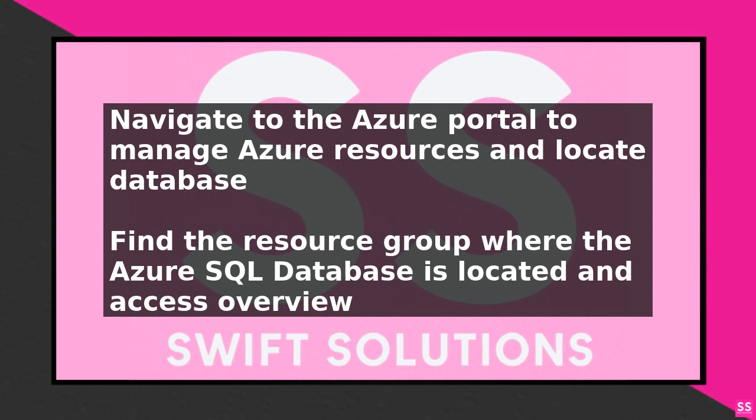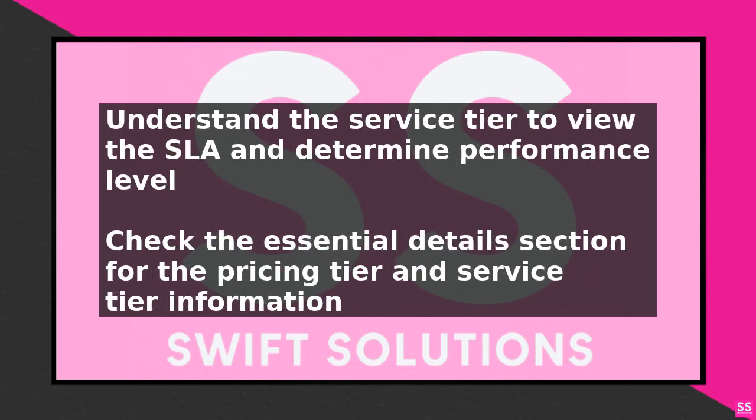To check the service tier, scroll down the overview page to the Essential Details section. Here you will find the pricing tier, which is the same as the service tier. Now, to find the exact SLA for your service tier, navigate to the Azure website and search for Azure SQL